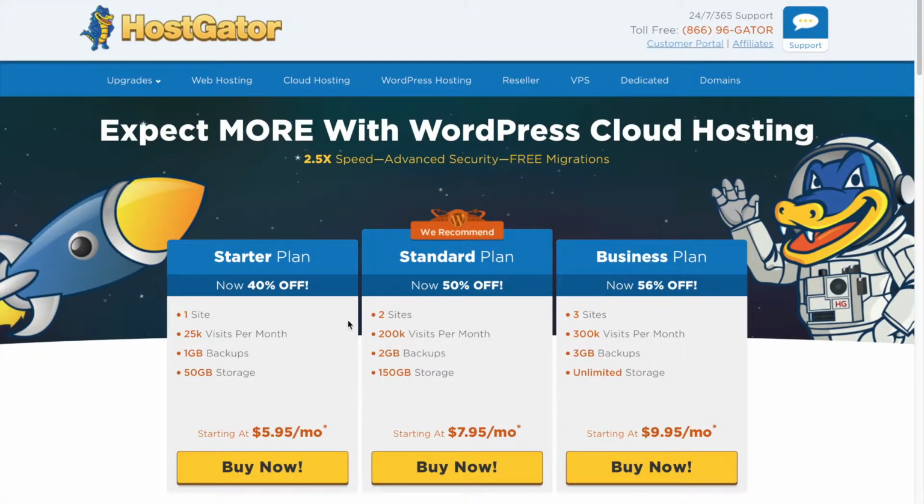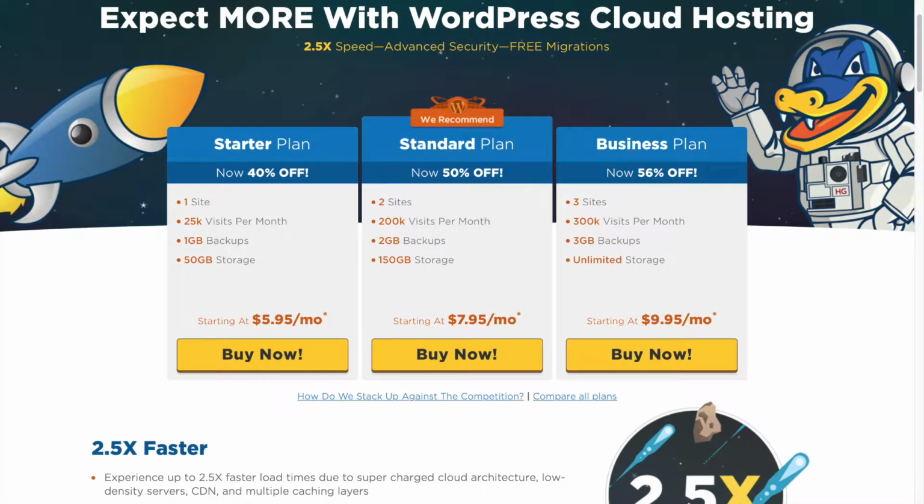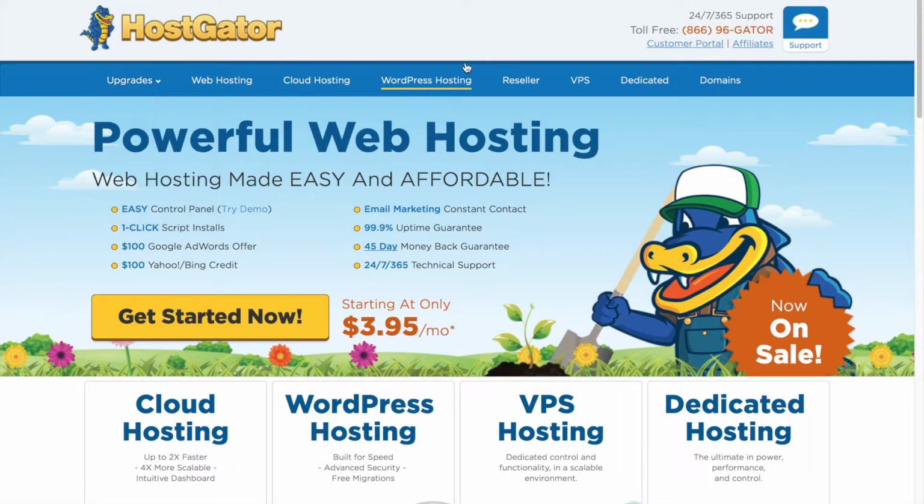They charge a lot of money for something you don't really need. You know, they'll build you a WordPress site for $500 or whatever, but you don't really need WordPress hosting. You just need web hosting, which is the cheapest option because you're going to install WordPress to your servers that